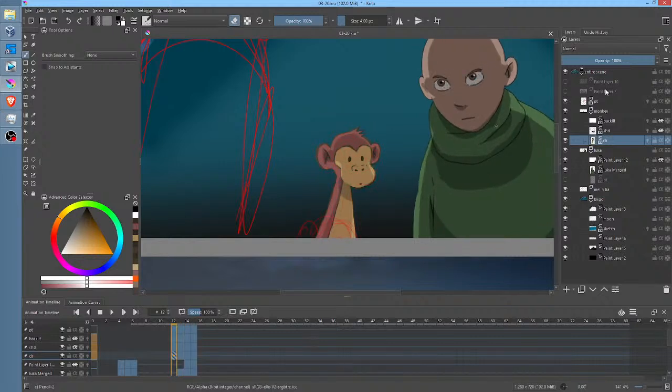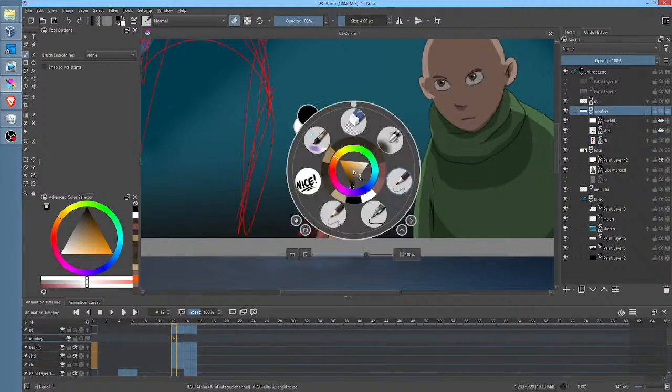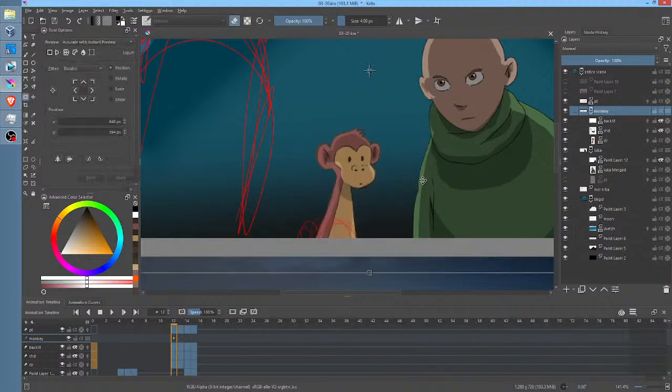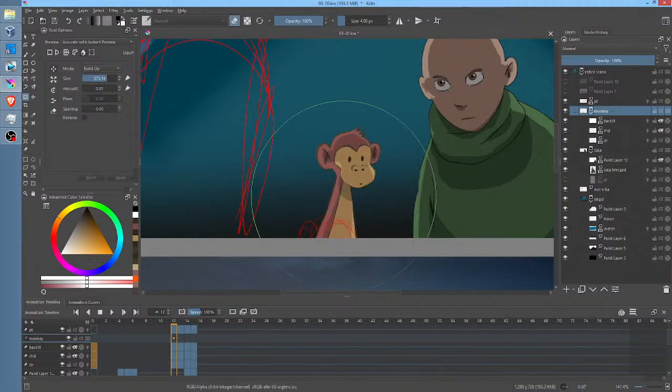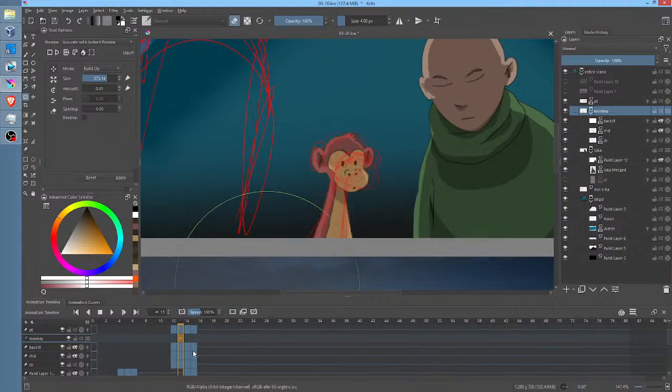So we'll go back to frame 12, grab Monkey, hit the A key, hit liquefy, and we're going to just stretch Monkey down here. Ta-da! And all of these keyframes are going to get modified for us.